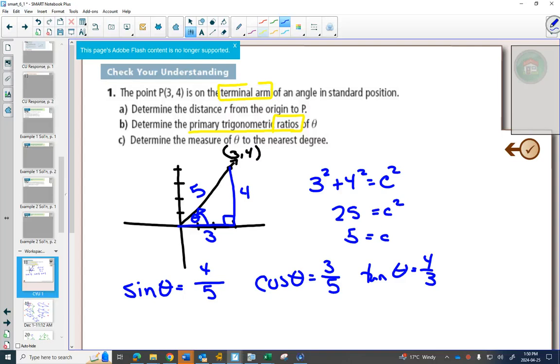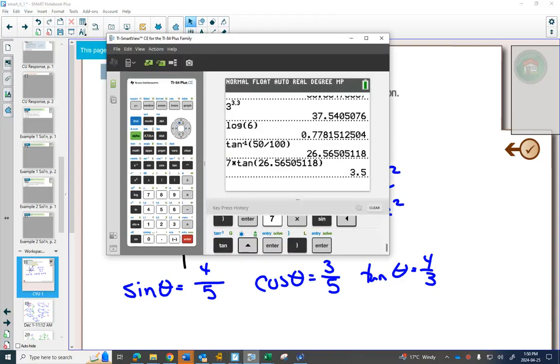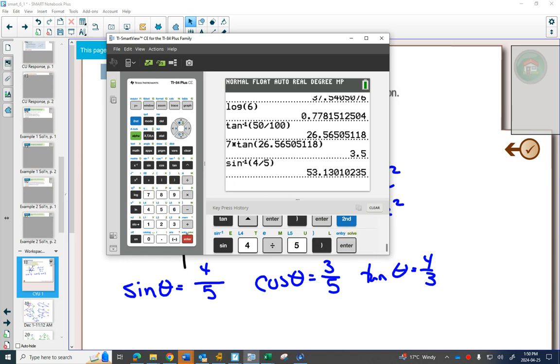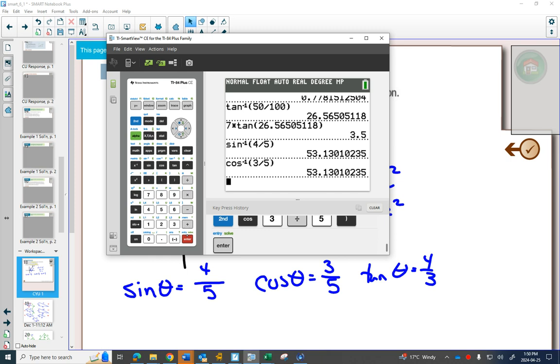If I want to find theta, I could use any one of these. If I use the sine one, I want to get theta by itself. What's the opposite of sine? Sine inverse. So I go sine inverse of 4 over 5, and it tells me 53.13. But then someone says, no, I want to use this one. Well, I'll do cos inverse of 3 over 5. 53.13. And if I did tan inverse,